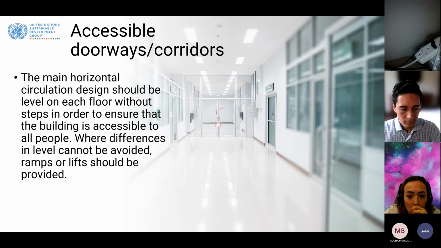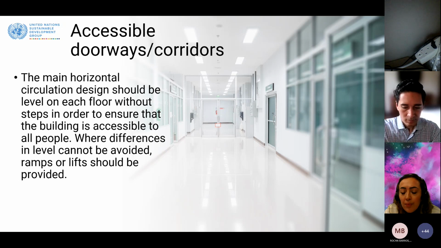So if there are any differences in the level in a building or in the floor, if it can't be avoided, be sure to use the elevators or escalators, or sometimes in Egypt we use something called a lift. It's a lift that is not an elevator. It doesn't have a cabin or anything. It has safety bars that are secured. A person using a wheelchair usually steps on it, and it is electrically operated, enabling the person to move up or down.